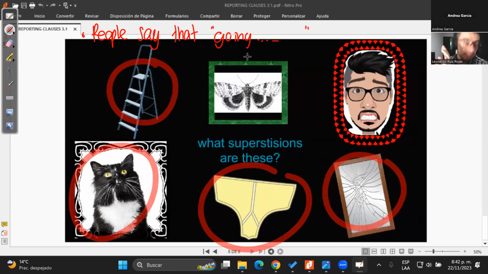Well, I have listened that some people believed that going under a ladder is bad luck. It brings bad luck. It doesn't have a specific number of years, like for example the mirror, that has a specific number of years, but people assert that going under a ladder is bad luck, no? Or brings bad luck. Bueno, what other, my dear?